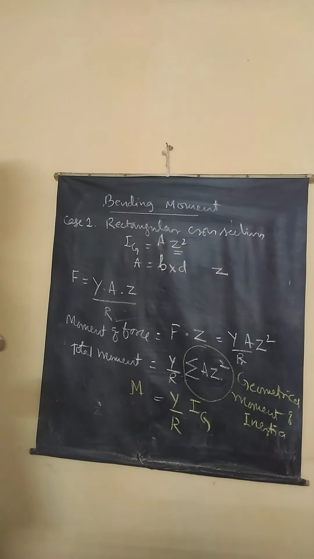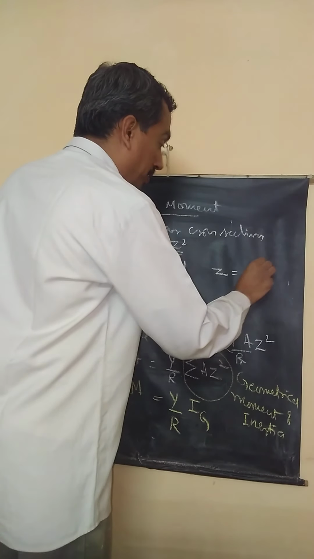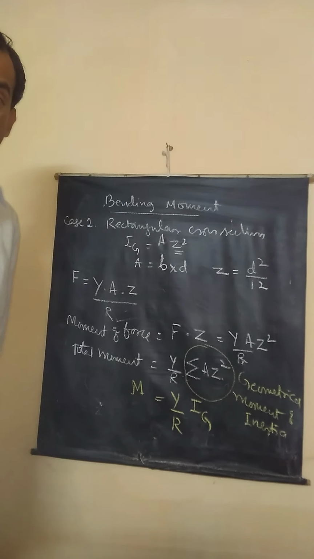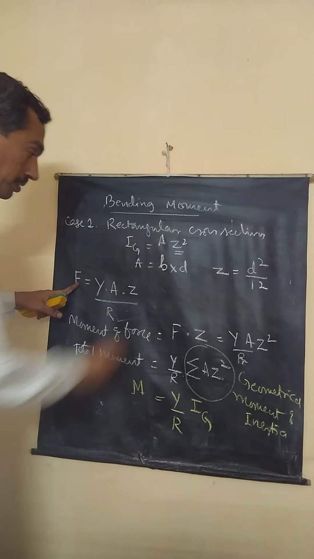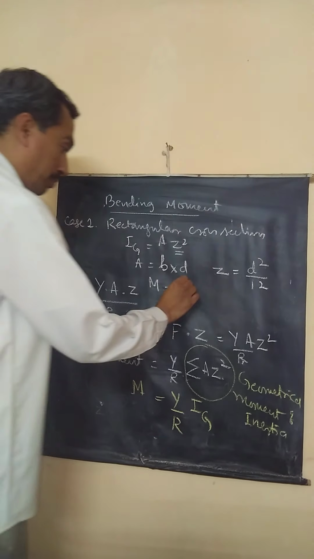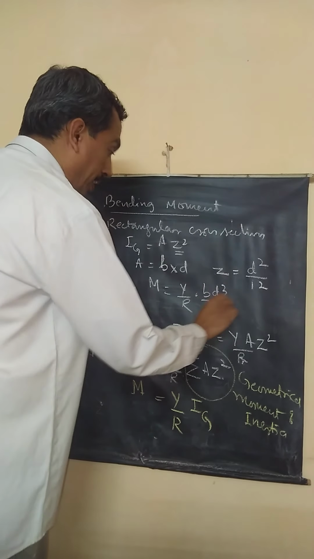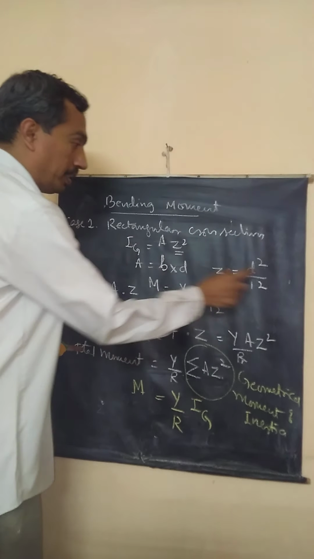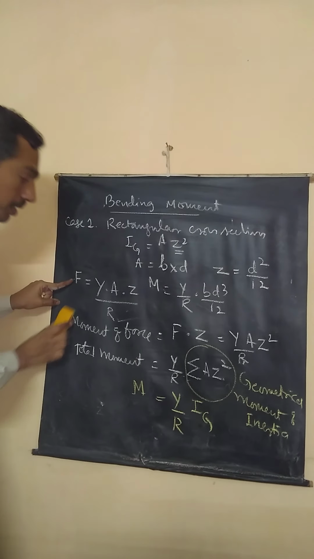What does it mean? For a rectangular, this is thickness square by 12. This can be derived. Okay? Now, substitute this here. Therefore, bending moment will be Y by R into b d cube by 12. Correct? Ig is written b into d square into d by 12. Now,